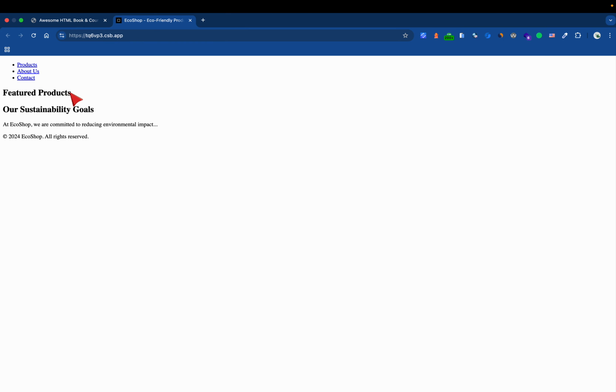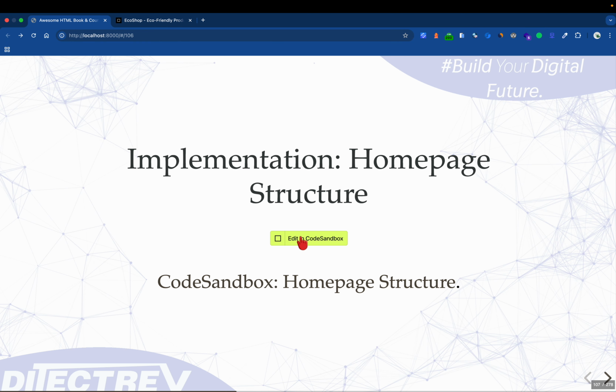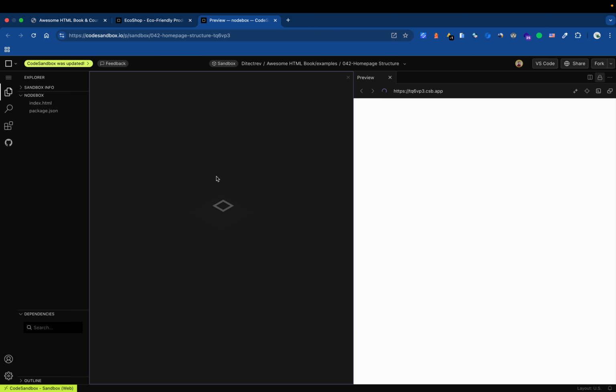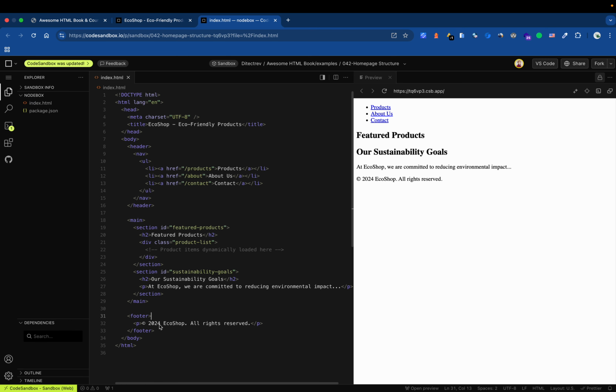navigation elements. There will be a section of featured products, our sustainable goals, and then there's also a section, and here this is part of a section, and then we'll have a footer which I will change to 2025 soon. So when we open the code which we want to discuss, first,